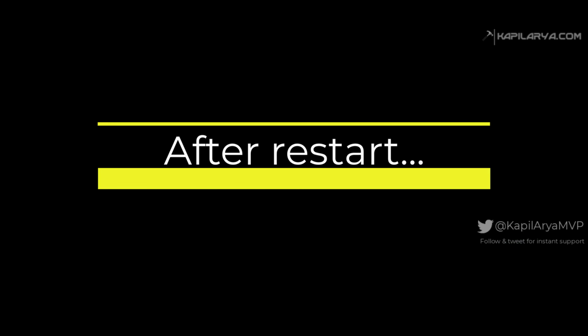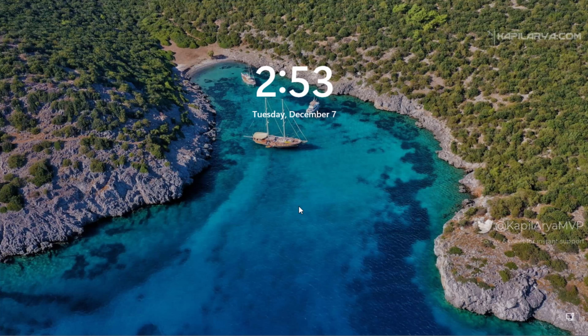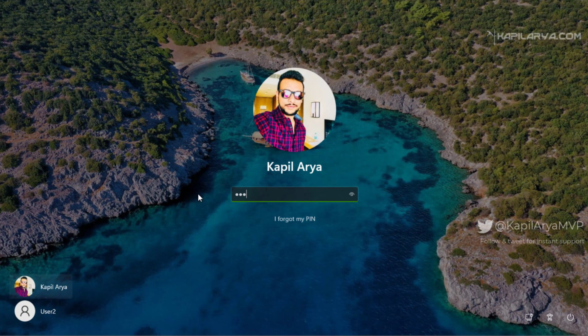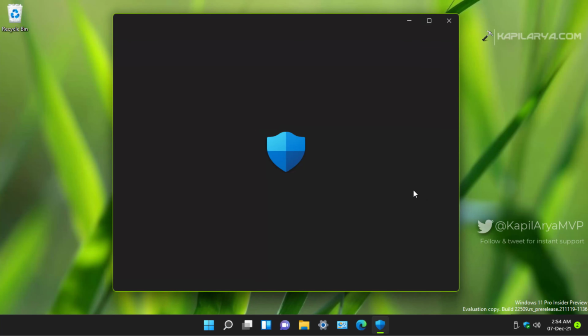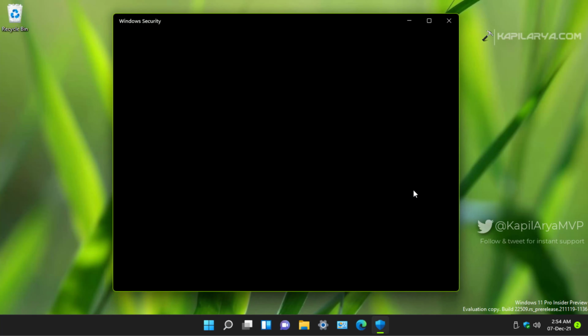So after restarting the system and signing into the user account, we will see whether the problem is resolved now. After logging in and landing on the desktop, we will click on the Windows Defender icon present on the taskbar, and still it is showing no actions needed just like before, but we will check if the virus and threat protection area is now manageable.